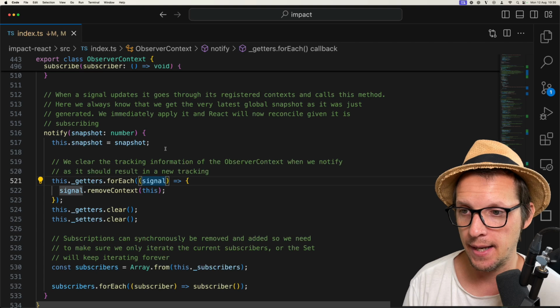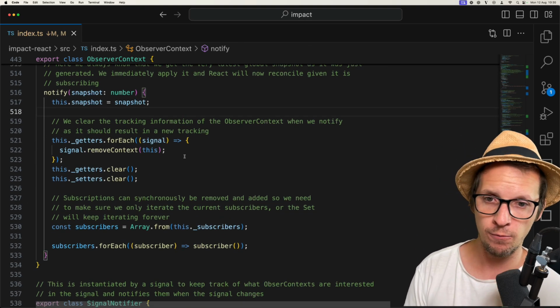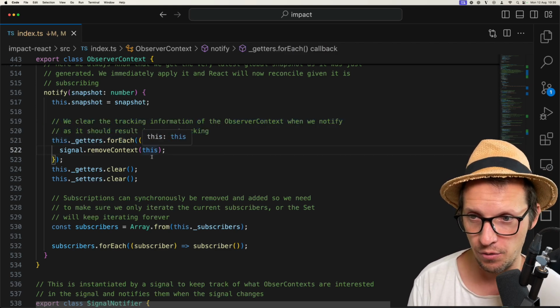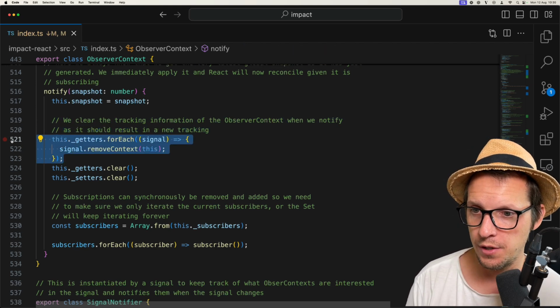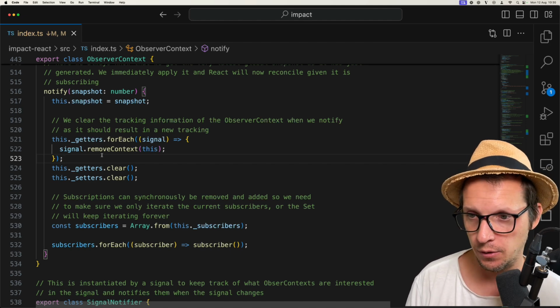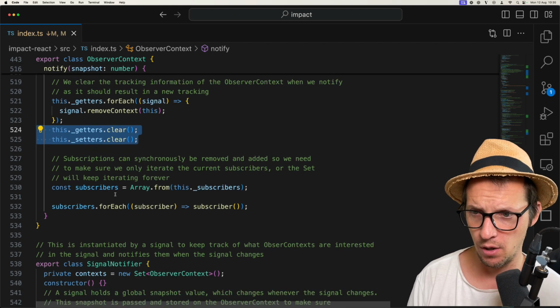So we update the snapshot and then we clear the tracking information of the observer context when we notify, as it should result in a new tracking. So we'll remove the context from all the signals, we clear the getters, we clear the setters, and then we go and